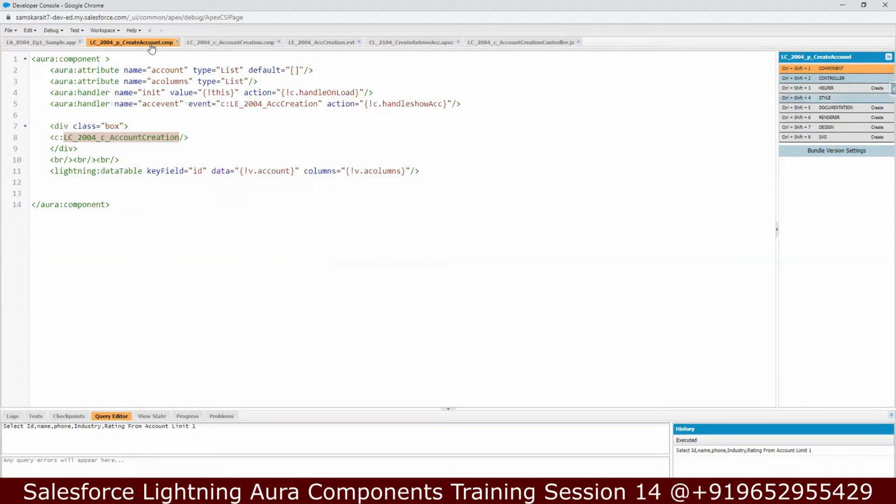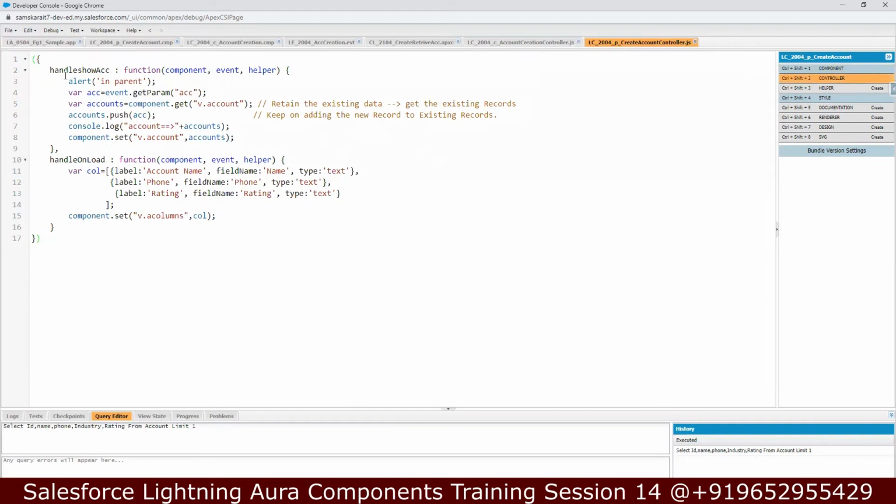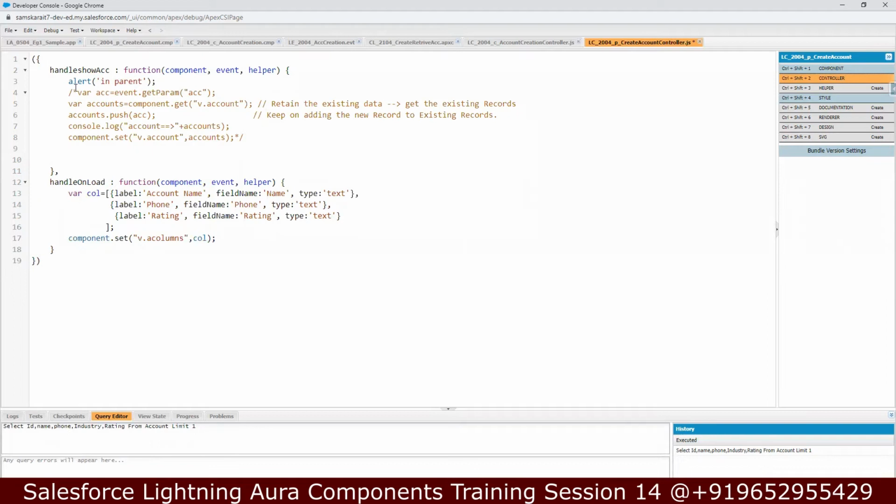Let me go to the parent component. In the parent component also, I need all of these details. Everything is the same on the HTML because the front end, I'm not changing anything. Let's go back to the controller. What we did yesterday to show the details was calling the account event and getting the account values, then retaining the existing data and adding the new one. Now let's comment this one. Right now, I do not need this. This is for level 1. Now, what I wanted to do for level 2,